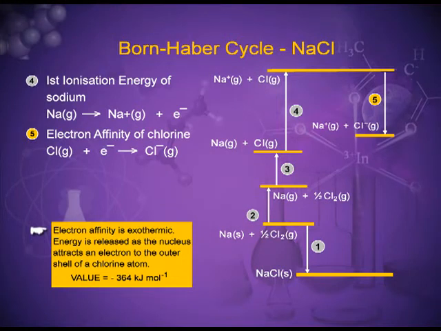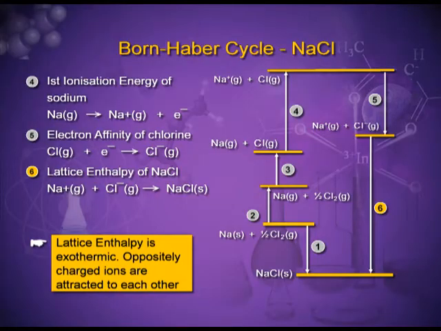Electron affinity of chlorine. Chlorine in the gaseous state accepts one electron and it converts into chloride ion in the gaseous state. It is the exothermic process because energy is released as the nucleus attracts an electron to the outer shell of chlorine atom. The lattice enthalpy of sodium chloride, we used the Born-Haber cycle and calculated it indirectly by